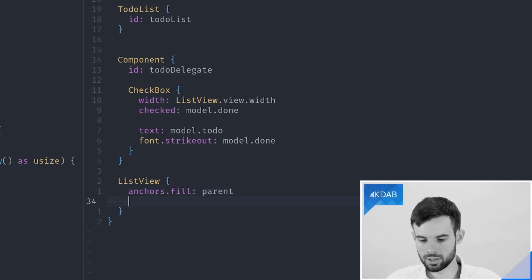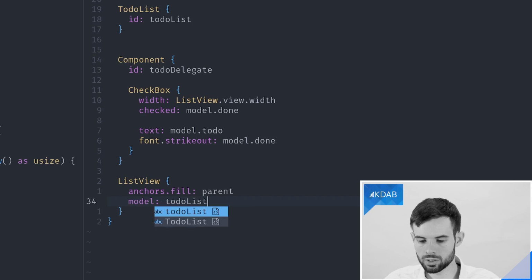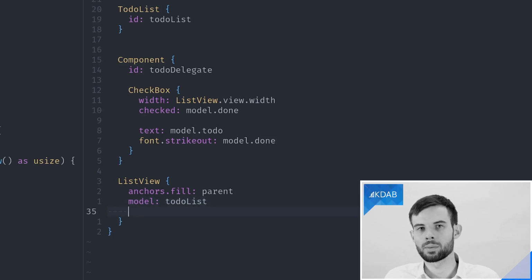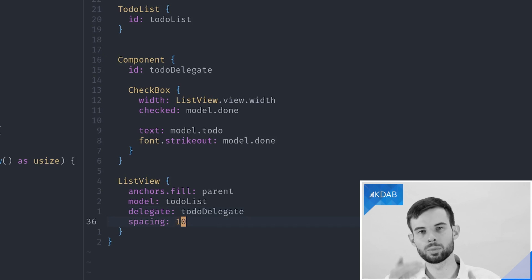We can actually, again, fill the whole window with this list view. And then we just need to add our model, which in this case is our to-do list, which we add by its ID. So this just means that the list view will access all the data through our to-do list object. We then also need to tell it what the delegate should be. In this case, this is of course our checkbox component. And for this to look a bit nicer, we'll add a little spacing in between the individual items so they're not quite as clumped together. And with this QML code, our UI is already ready for its first test drive.